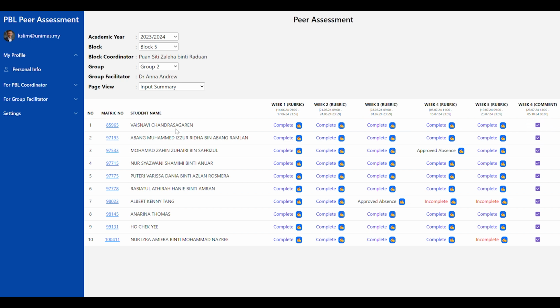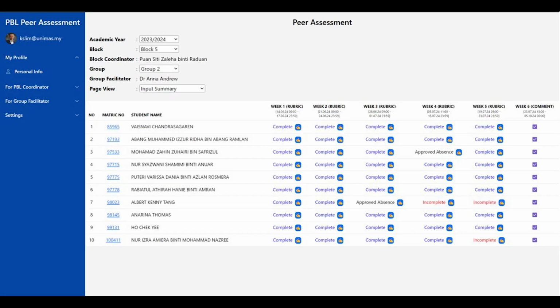Every week there is grading, 5 weeks in total, and in the final week on the right is the comment week, right? Now we cannot read the comments that the students write for each other. So there are 3 things you can do. You can see the input by student if you want to see who has graded, you can see the assessment summary for the final mark, and you can see the input summary. That's where you do